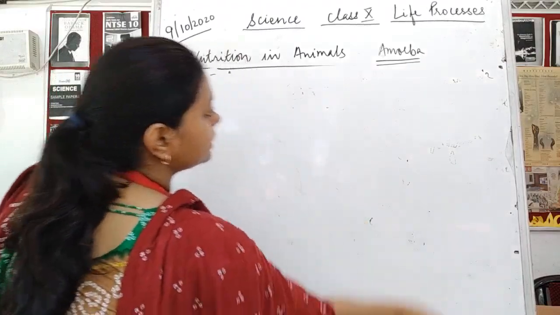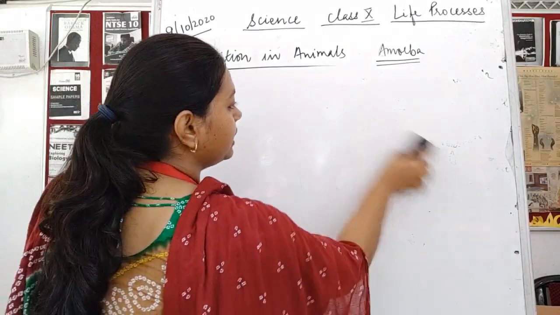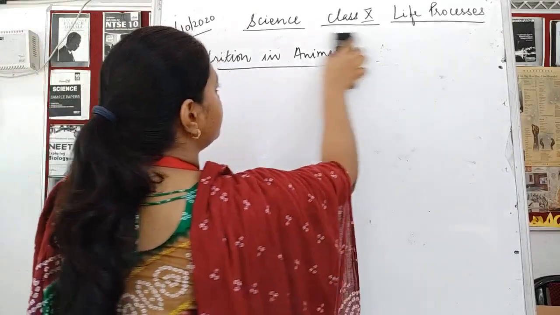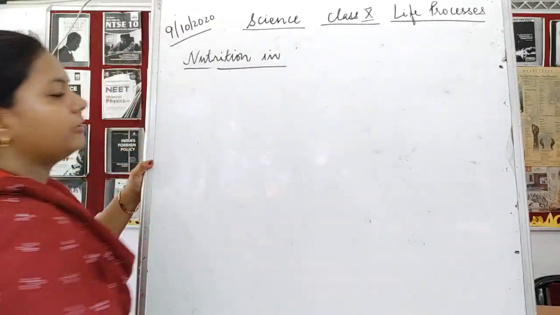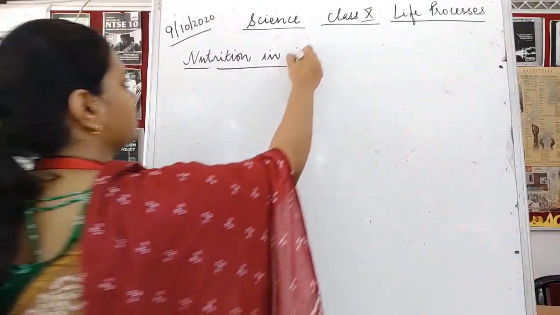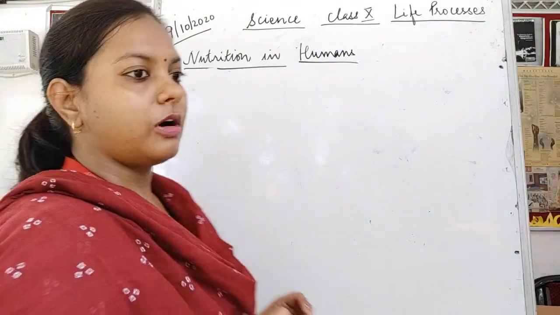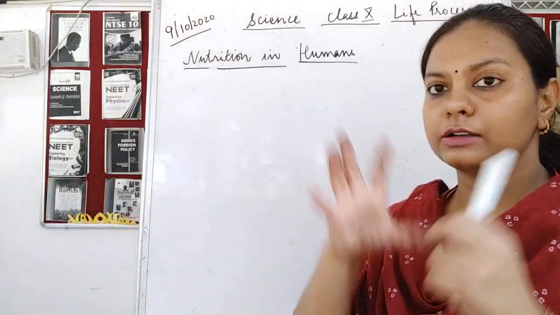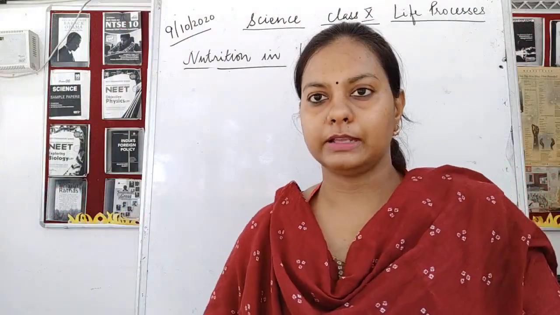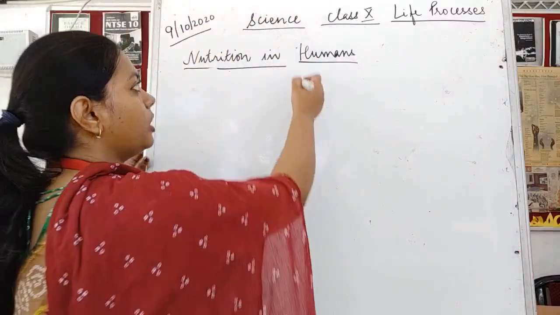Now next we have to study about the complex food material, how it is being broken down in the body of the higher organism, which includes human beings. So we'll study about the nutrition in human beings. The next step is nutrition in humans. Now you know that a human being has a complex structure. It has a complex body plan. So various organs are present, each and every system, organs are present.